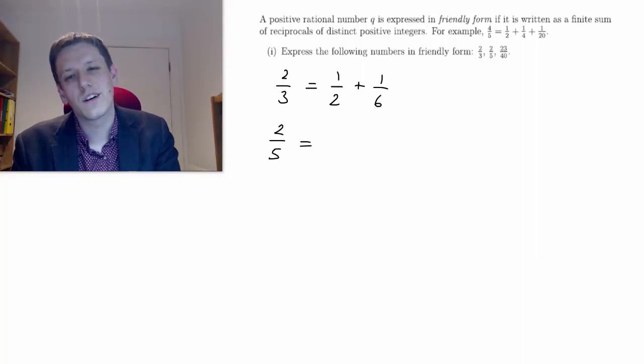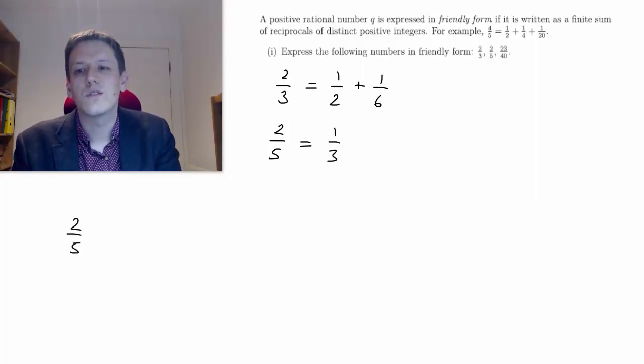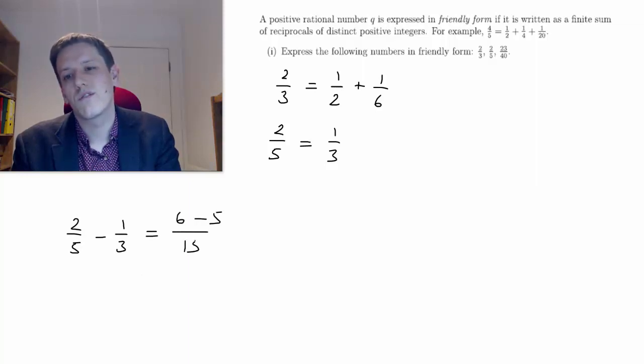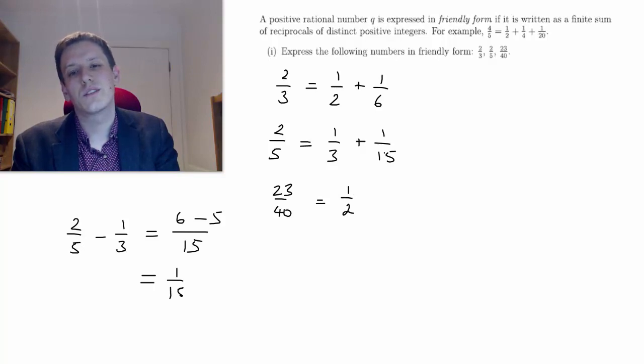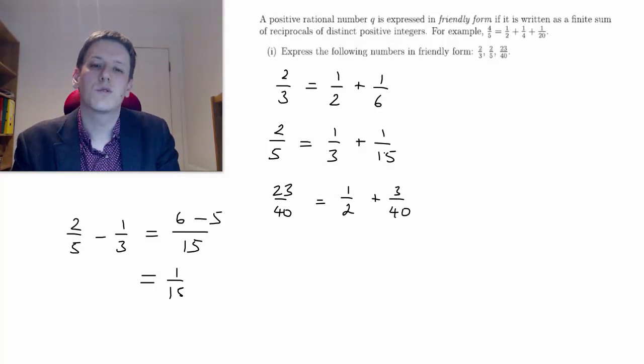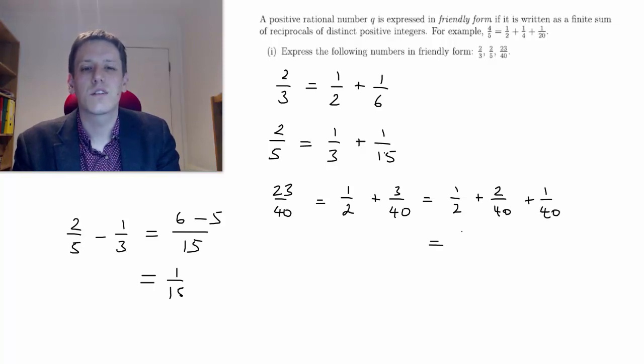Similarly for 2/5, now I can't take a half here because that's bigger than 2/5, but I could still take a third, and so if I do 2/5 minus 1/3, that gives me 6 minus 5 over 15, which is 1 over 15, and so we see actually that we're done straight away here. I get 2/5 is 1/3 plus 1/15, and for the last part, 23 over 40. This time again I can clearly take out a half, which is 20/40, and that leaves me with 3/40, and then at that stage perhaps you just notice that you can write 3/40 as 2/40 plus 1/40,